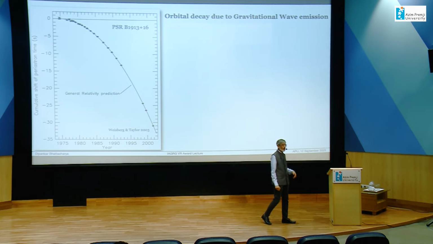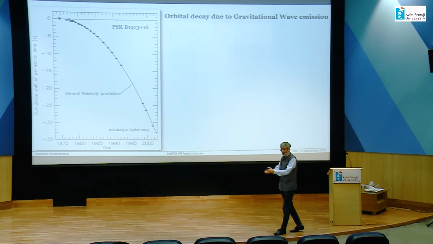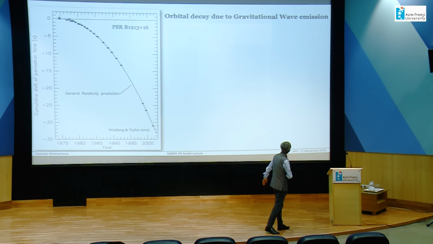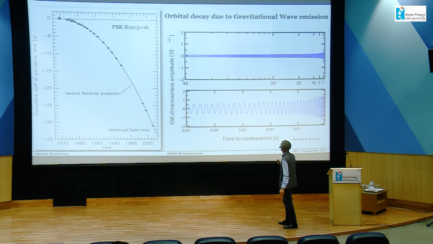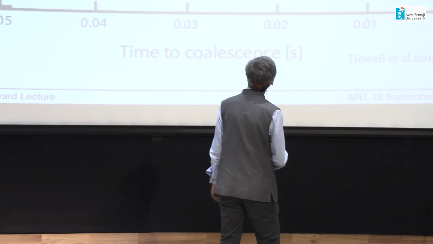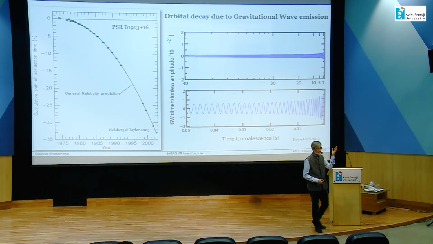So if you leave this orbit long enough, then the orbit will shrink and shrink, and the two neutron stars are going to come very close to each other. And towards the end, these neutron stars will merge, and near that time, you would expect a very rapid change in orbital period and hence the orbital frequency. So this whole frequency change is going to look like this. And why is this shrinking? It is because gravitational waves are carrying away this energy.